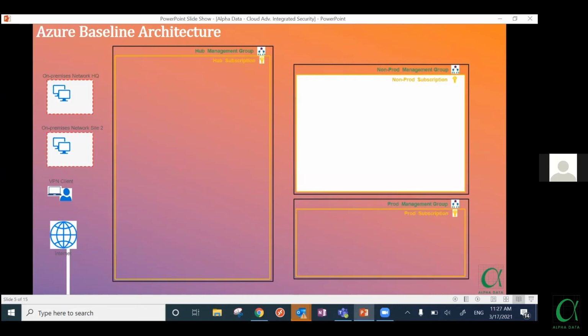And then you start linking the subscription to the management group. Many of your customers here might think that if I have just one Azure subscription, it is sufficient for me to deploy all the resources and create that baseline. Yes, you're right, it is possible to do that as well.